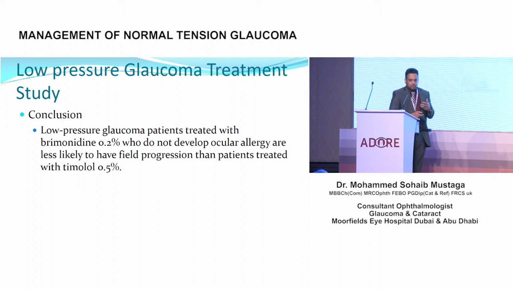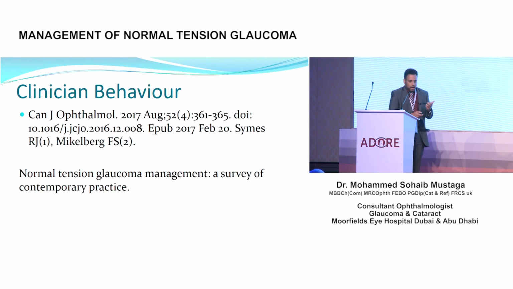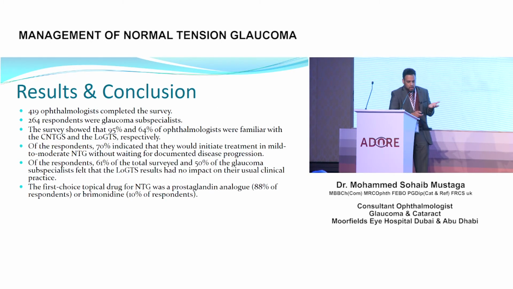But again, these are studies where they're guidelines. We don't have to follow the guidelines as a strict measure. We need to really look at the patient and see how they are responding. And there was a study that was done on clinician behavior in Canada on how they approach normal tension glaucoma. So 419 ophthalmologists were surveyed. There were 264 respondents that were glaucoma specialists. And surprisingly, only about 64% of ophthalmologists in that glaucoma subspecialty group actually knew about the study,